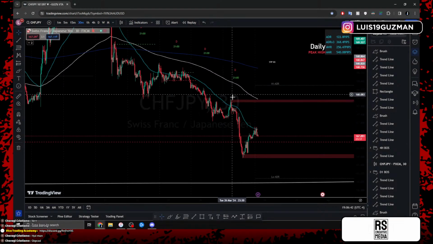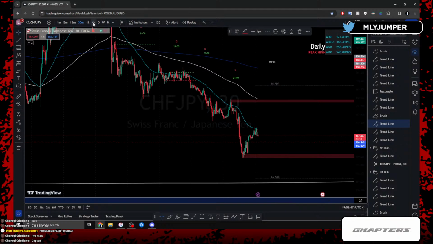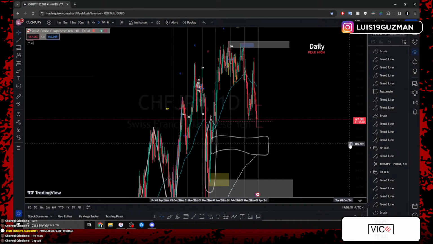Is price gonna continue lower lows, lower high, lower low, lower high to go into a lower low, or is price going to start turning around? What is this for? Why do I have this line here?